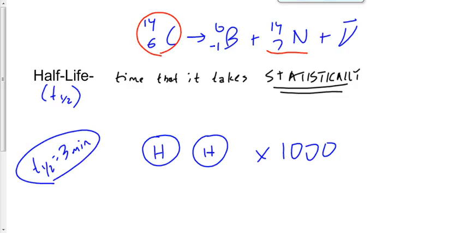Nobody can control it, nor can anybody else predict with any more certainty that you're going to have 500 nuclei left after one half-life, any more than you can that you'll have 500 heads left after flipping 1,000 coins. Okay? Odds are, but you never really know for sure. So the half-life is the time that it takes statistically for half of it to decay, and the symbol is